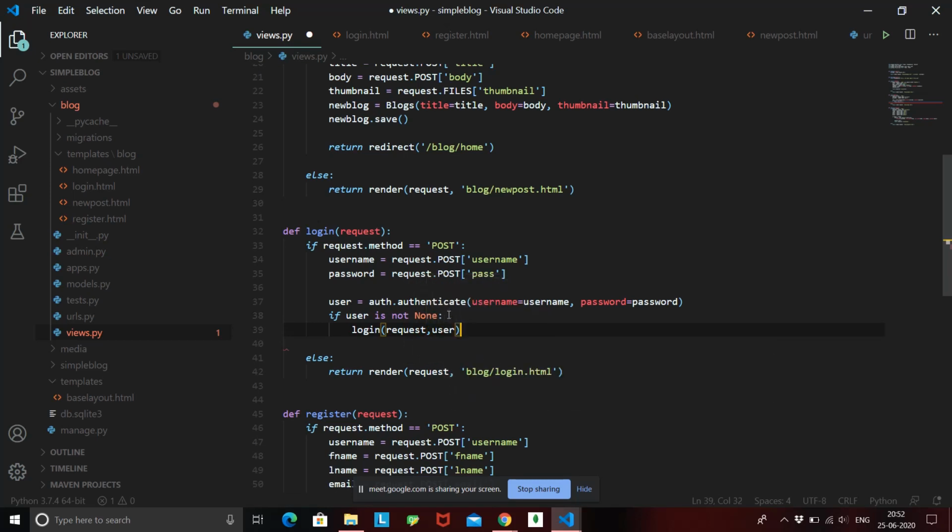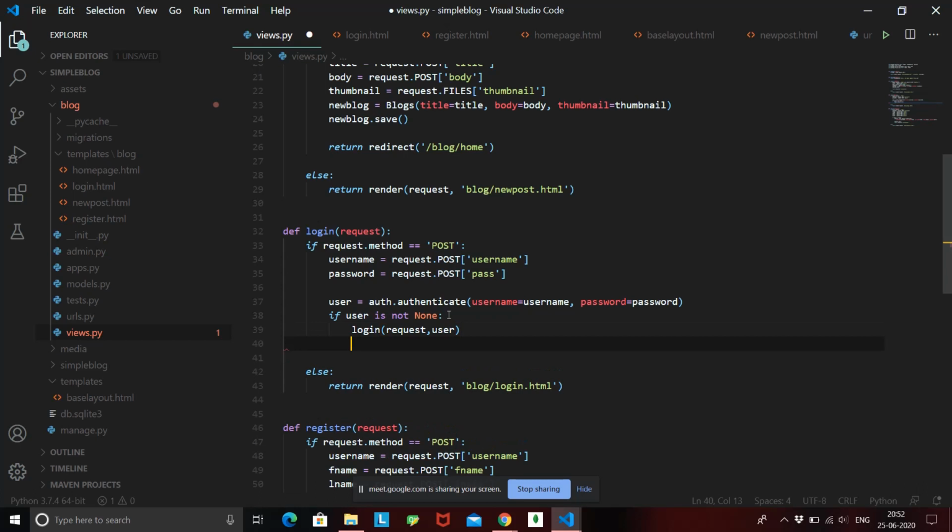So now we have the user from the database, and we are using this login function to log that user inside our system. Okay, so user is logged in. Once the user is logged in, we need to redirect him to the home page. So we'll just say /blog/home. This is how you log in a user into your system.